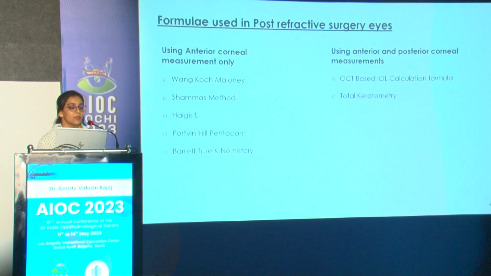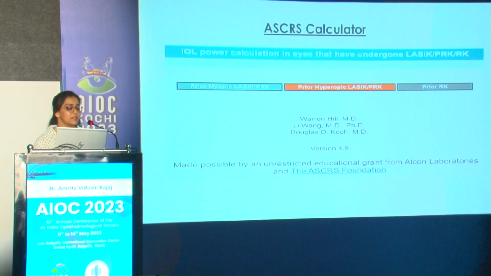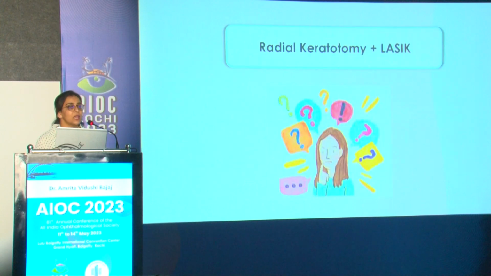Now, there are various formulae which have been used in post-refractive surgery eyes. Some of them use the anterior corneal measurements only, and some of them use both the anterior and the posterior corneal measurements. And now we have web-based calculators like the ASCRS calculator also, which gives us a wide range, whether we are going to operate a patient with a prior myopic LASIK or a prior hyperopic LASIK or a prior RK. But again, we have no set of formulas which helps us define what to do in patients with post-radial keratotomy